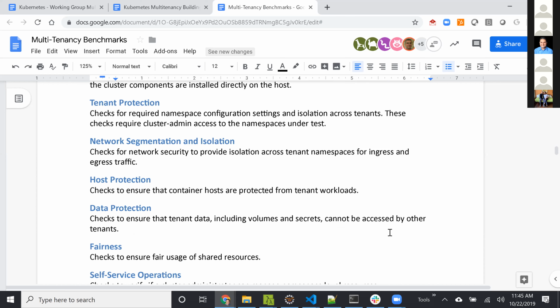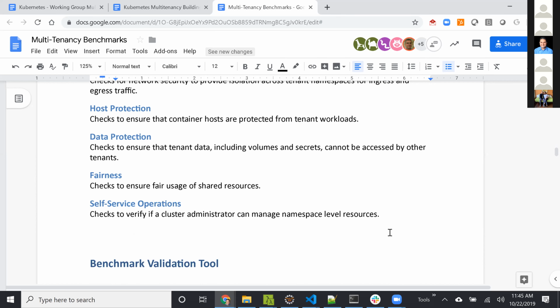Host protection is an interesting one also. You want to make sure that whatever a tenant does, it doesn't impact the host itself where the workloads are running. Data protection is another important one. Obviously, you want to make sure that one tenant cannot impact the data of another tenant.